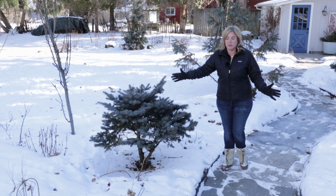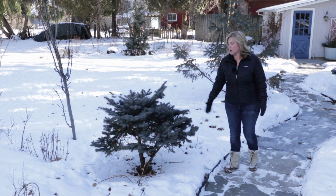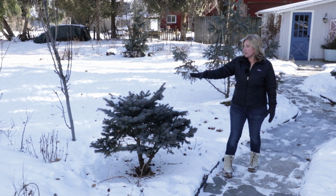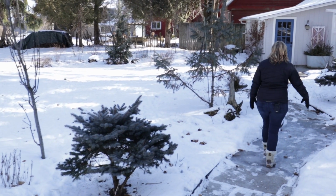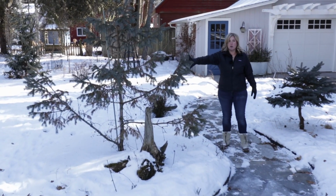Evergreens never stop growing. They just keep going. But these have been here for, if I didn't say that already, 10 years. And they're perfect here. I like them. You are able to trim them a little bit, but you can't do aggressive pruning on something like that. As we go down the path here, over here, this is a blue magoo